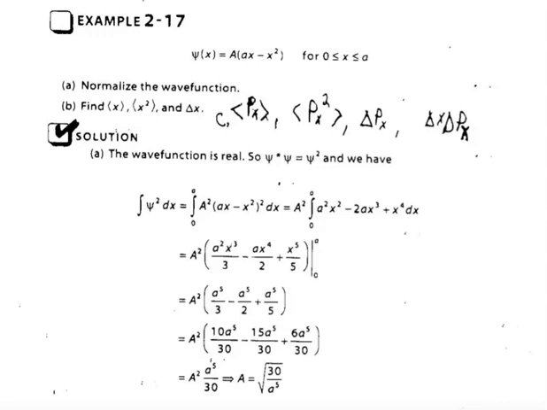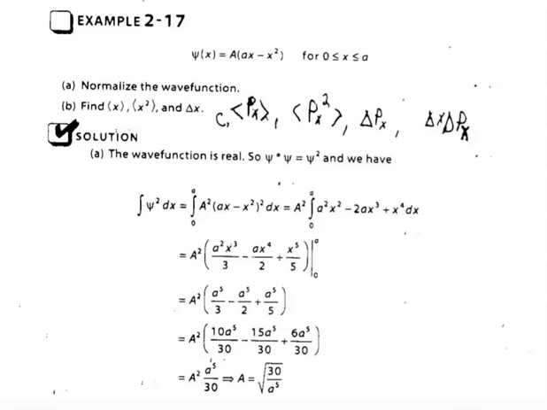Edwards. What I'm going to do here now is to go through part of this homework problem, your second homework assignment, that is example 2.17 modified. And so what I want you to do here is to do all of the portions. You normalize the given wave function. You find B, the expectation value of X, the expectation value of X squared, and delta X, which is